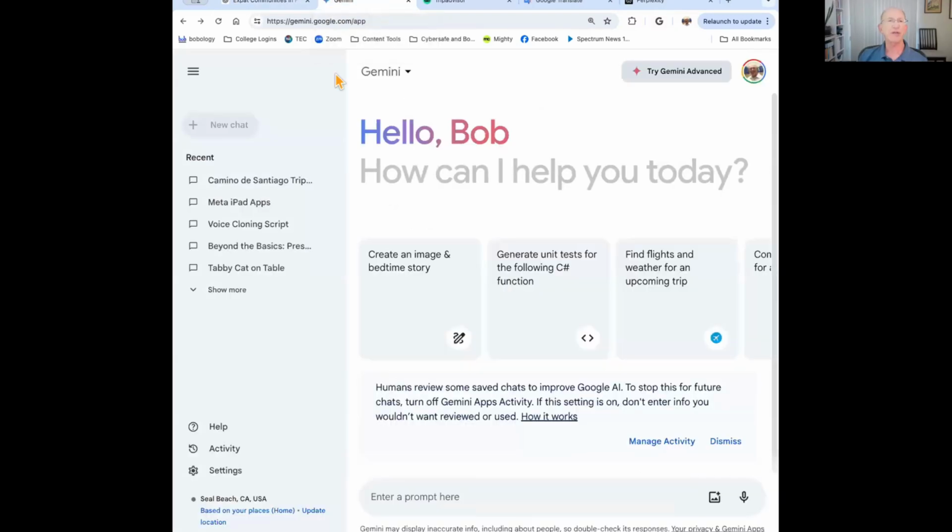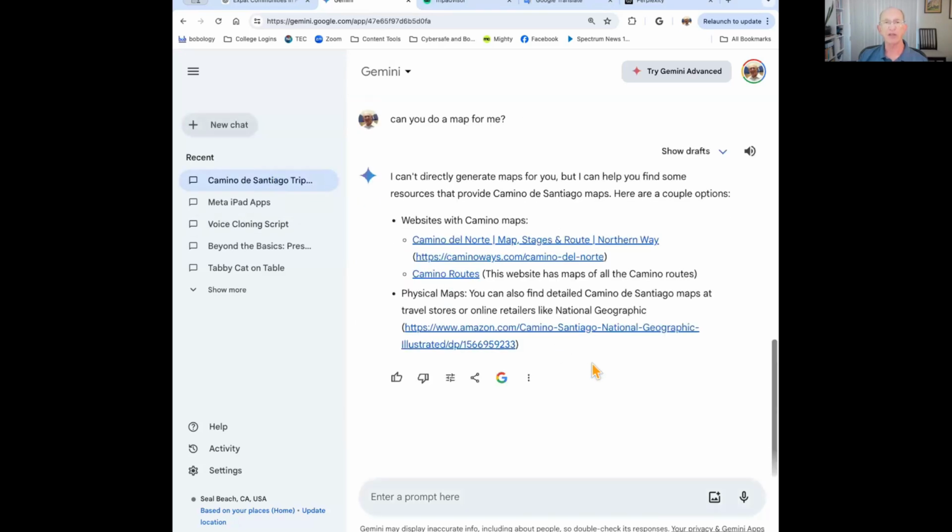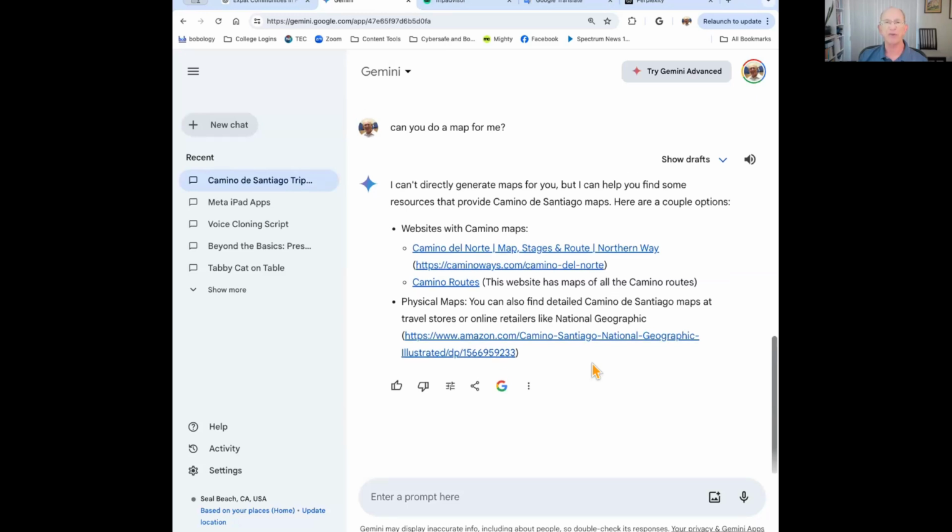Okay, Gemini does. Here's a Camino de Santiago trip plan I did a little while ago, and you've got options to look at it. So if I want to go back and visit it, I can. It couldn't generate a map for me directly, but it helped me find some places with some routes. And I have the ability to share and export this to Docs.